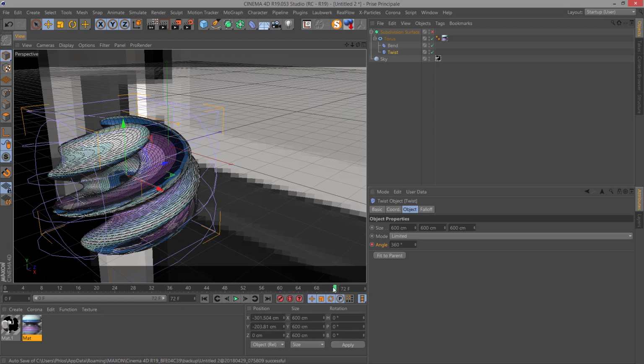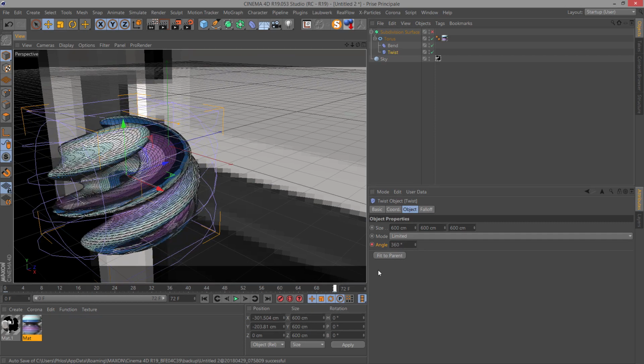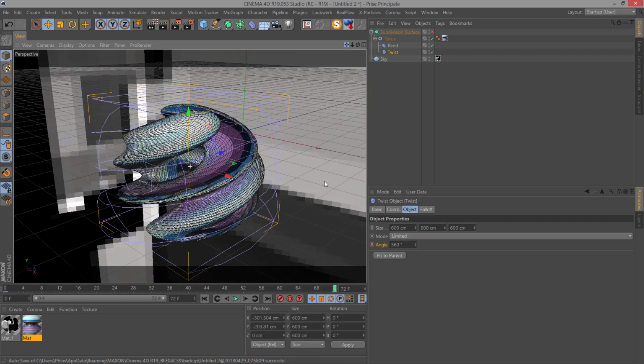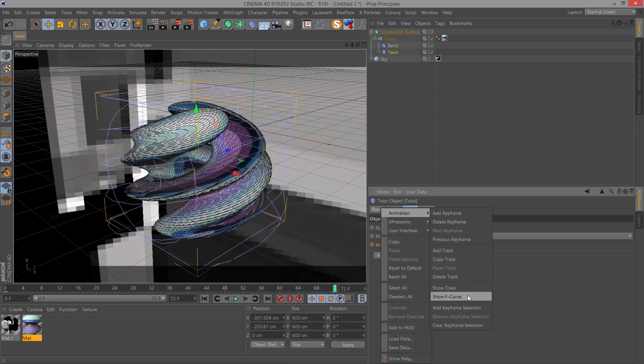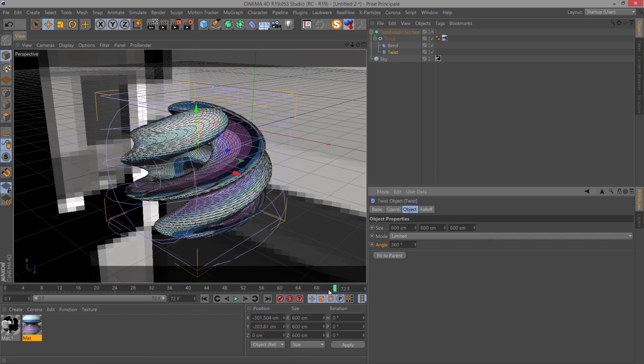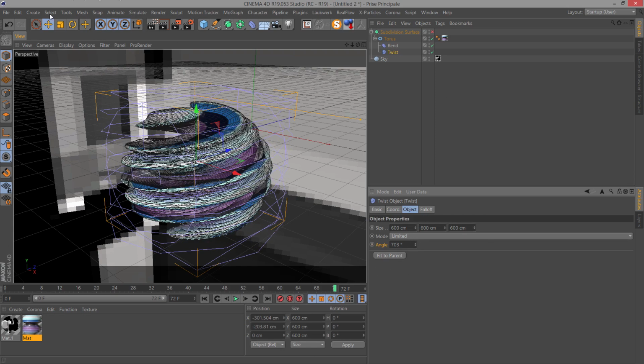And now if you play, you got this animation. So it's very good. But for the tutorial, I won't make an animation, I will make a normal, just one frame. So I will remove that. Delete track.